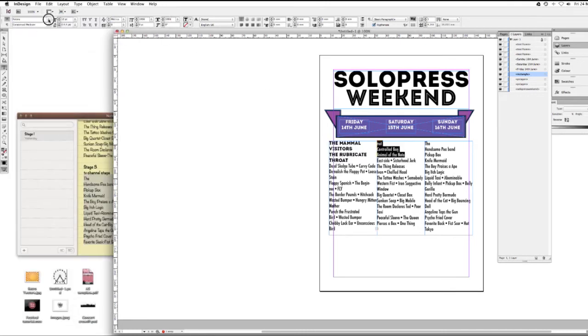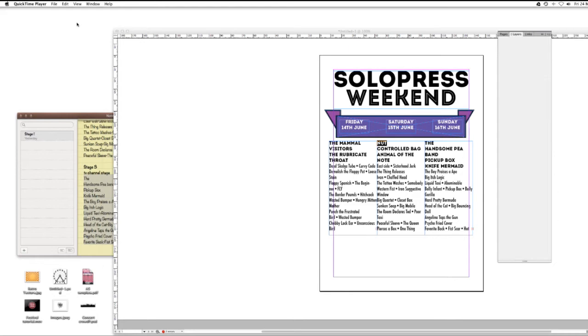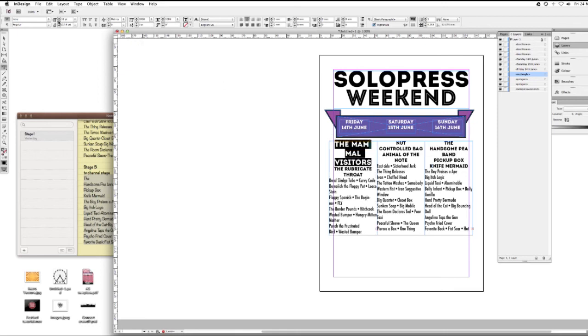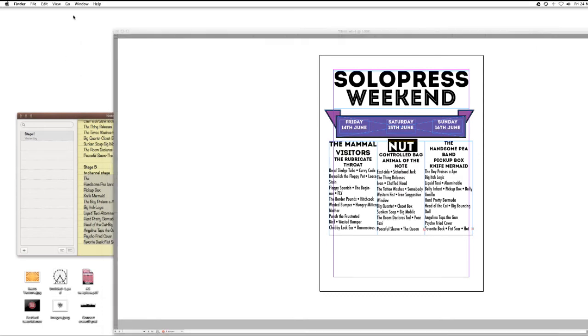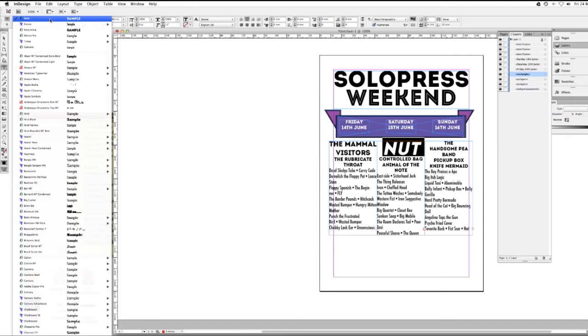Just going to set these to my second favourite font of Futura. And for the top acts, I'll just make them my Intro font. There we go. Just make that one a bit bigger. Let's make them the headline bands. Let's change them around a little bit. I might put a little slant in that one.